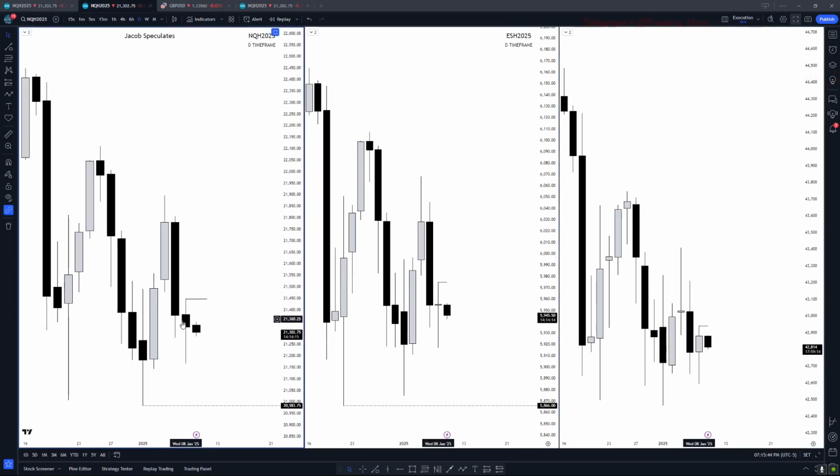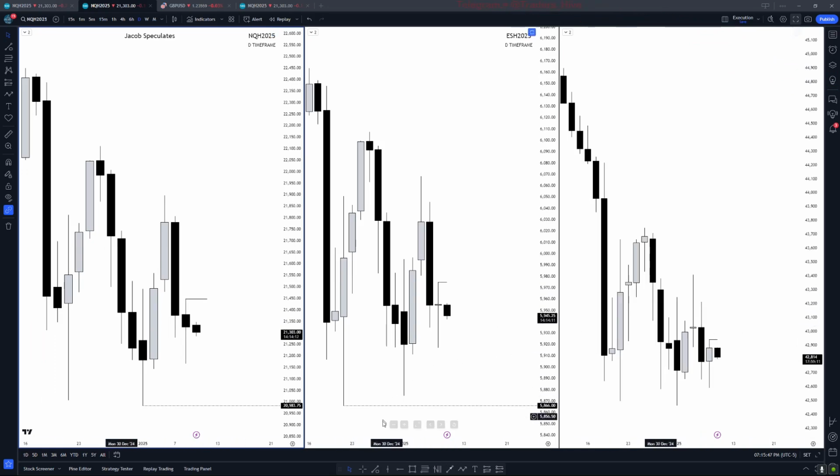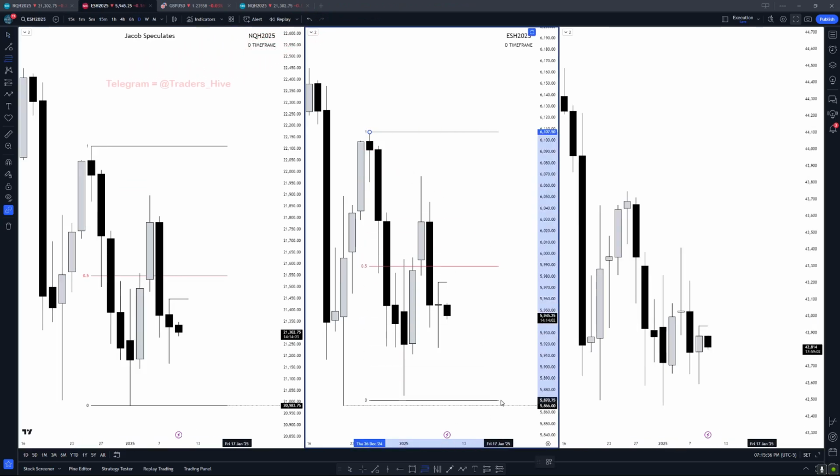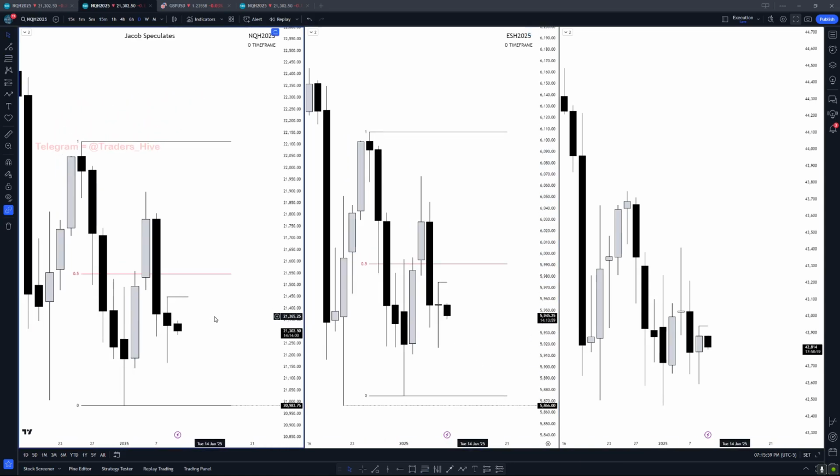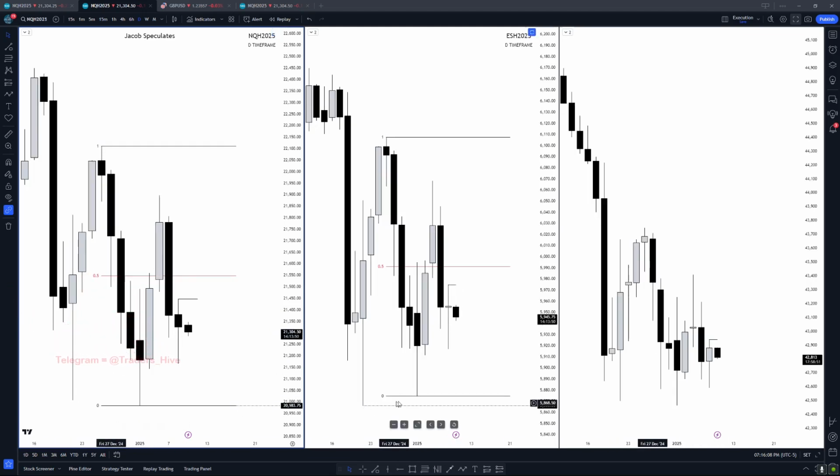So yes, and another reason why we want to see this as a continuation TPD is because if we look at our premium and discount, we can see this is our premium, this is our range high, this is our range low. This TPD formed in discount. Our narrative is these lows right here, and I could be wrong. Price could reverse and then come take out these highs, but following with what's already in motion, since this TPD formed in discount, we could expect it to tag, run the high, hit this fair value gap on one of the assets, and then allow for continuation lower.